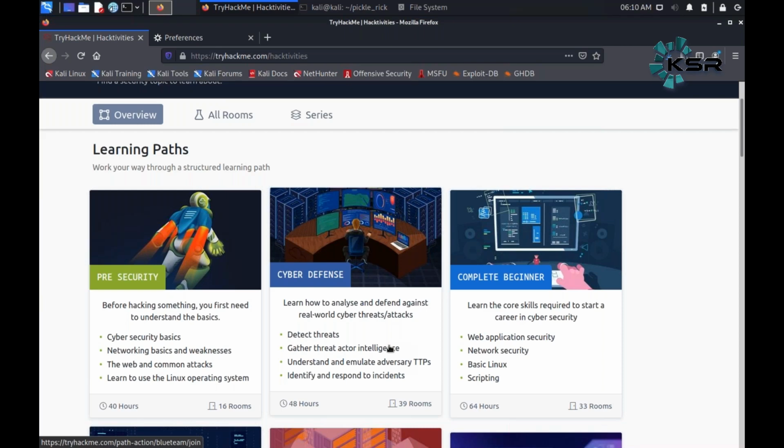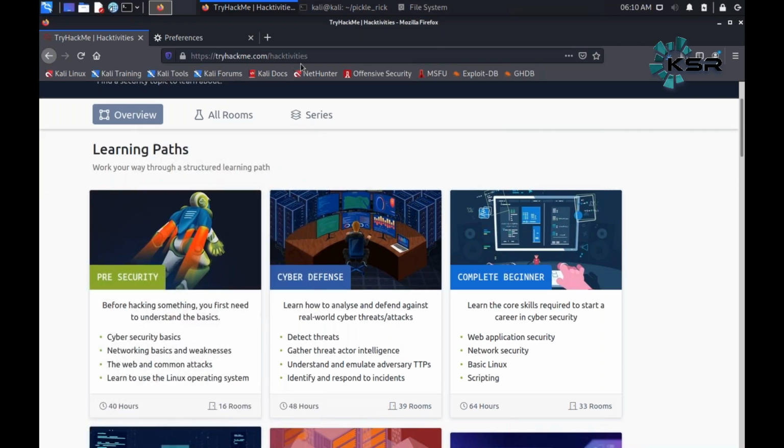And if you have a laptop which has less than 8 GB of memory, you don't have to worry about that. I will set up browser-based access for you, through which you just have to access your lab through your browser. That's it. Even if you have a 2 GB RAM laptop, it will still work.